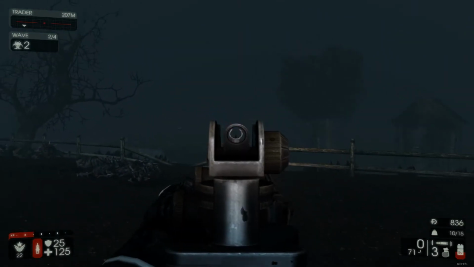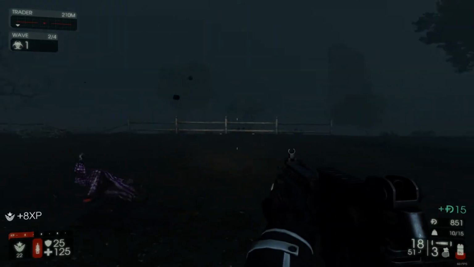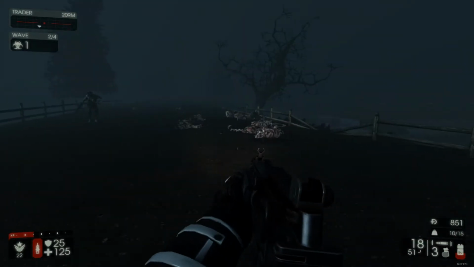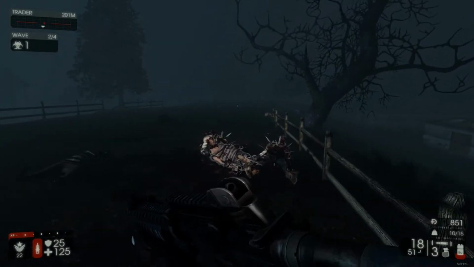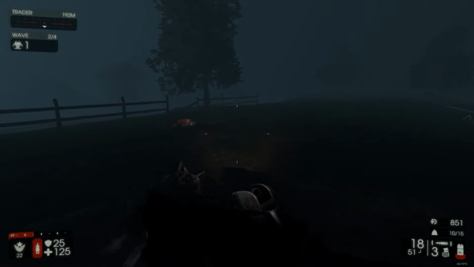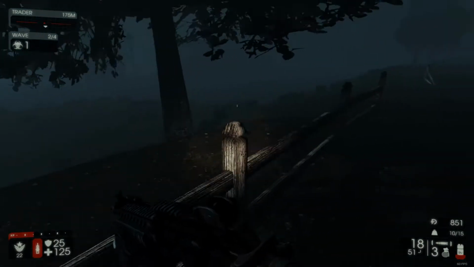Of course, this is the flip side, because I can see a little bit further than the original map. All I need to do is keep a good eye out, and they ain't going to sneak up on me. Also, if you're playing on high difficulties, this is something you need to bear in mind. Look how far away the trader is. It's only 200 meters away, so...